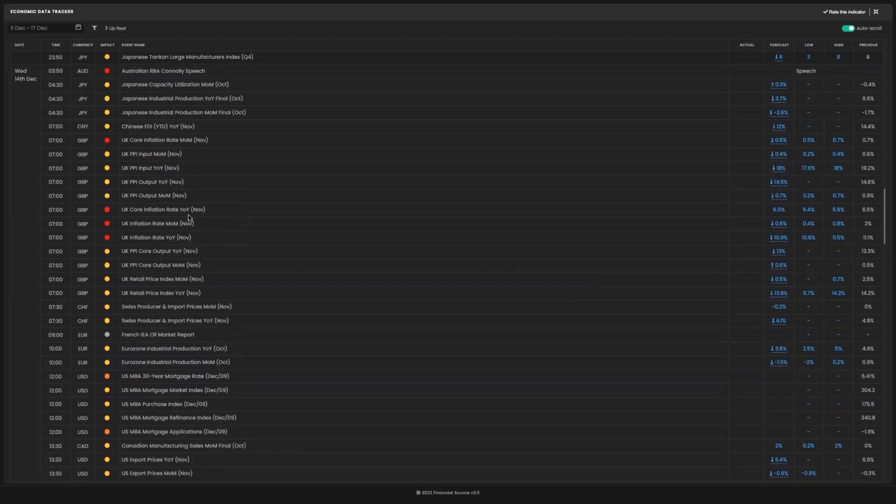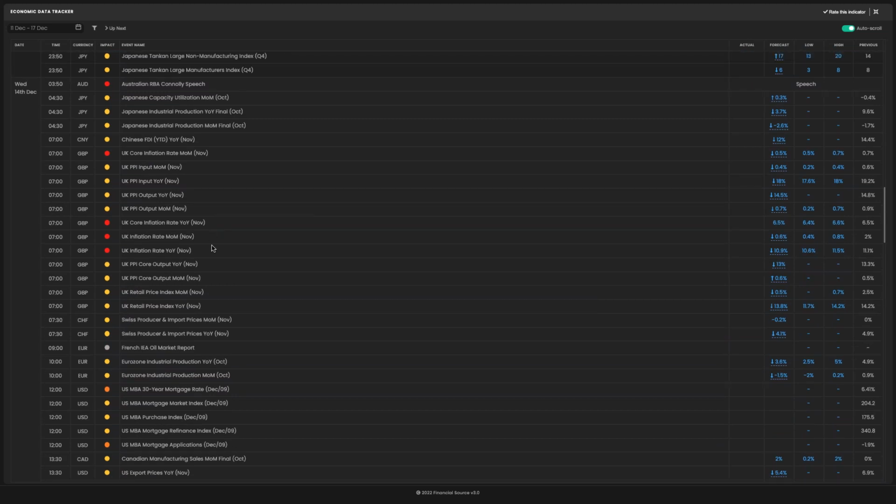Then we get to Wednesday. We've got inflation data out for the UK. Again, the best opportunity would likely come from a big miss. If we saw a big miss in the data, with the headline coming in below 10.5%, the month-on-month data coming in below 0.4% and the core coming in below 6.4%, then I would potentially see some opportunities in the pound, but it's not something that I would feel confident in trading because